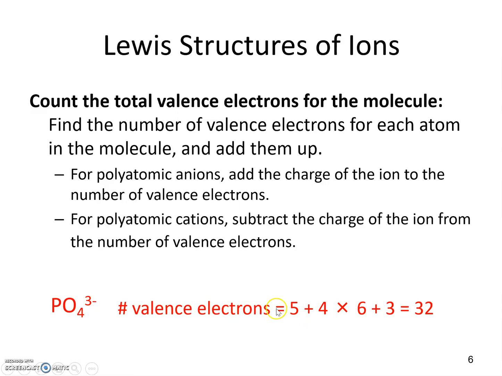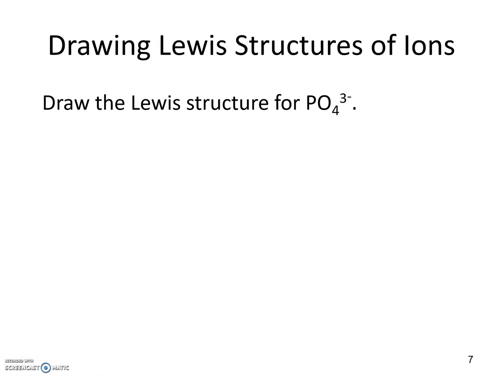Okay, 5 electrons from phosphorus because it's in group 15. And then 6 electrons from each oxygen because it's in group 16. And then we add 3 additional electrons because of the charge on the ion, giving us a total of 32. Okay, and then we're going to use that information to see if we can work out the Lewis structure for